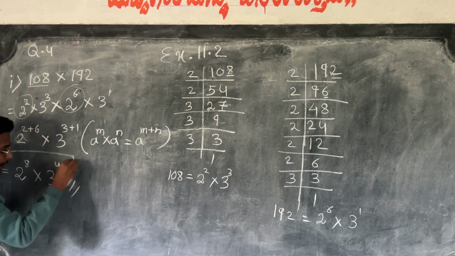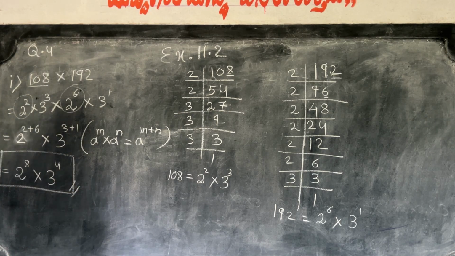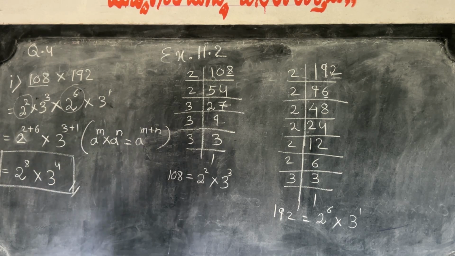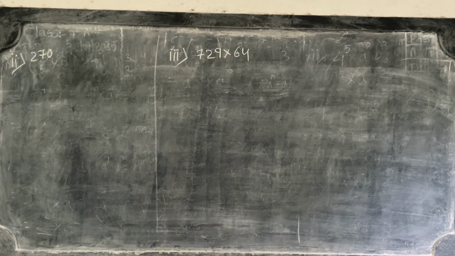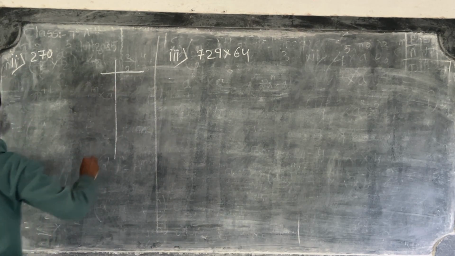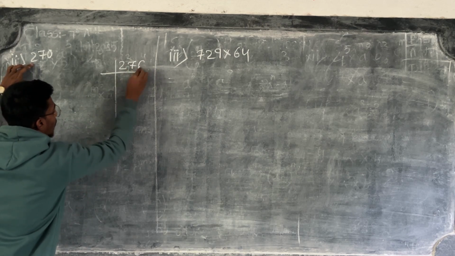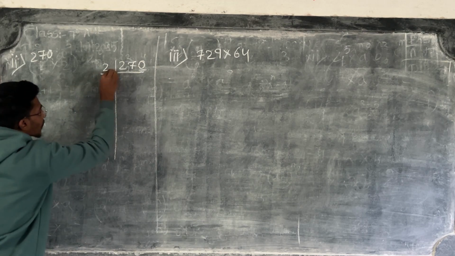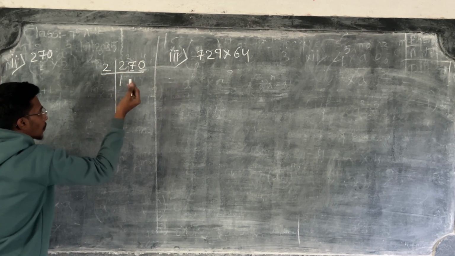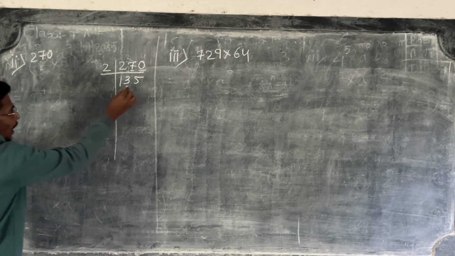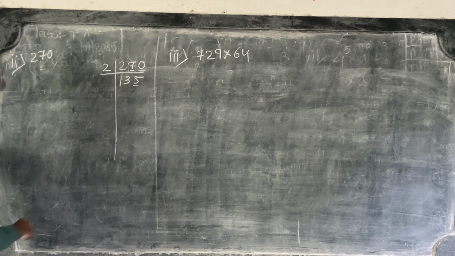In such a way, we have to find the factors by using the prime factorization method and write that factor in exponential form. So first of all, we have to find the factors of this number by using the prime factorization method. 270. In the unit place there is an even number, so we have to divide by 2. 2 1s are 2, 2 3s are 6, 1 carry, 2 5s are 10. Again you can see there is an odd number, so it is not divisible by 2. So come to the next prime number, that is our 3.